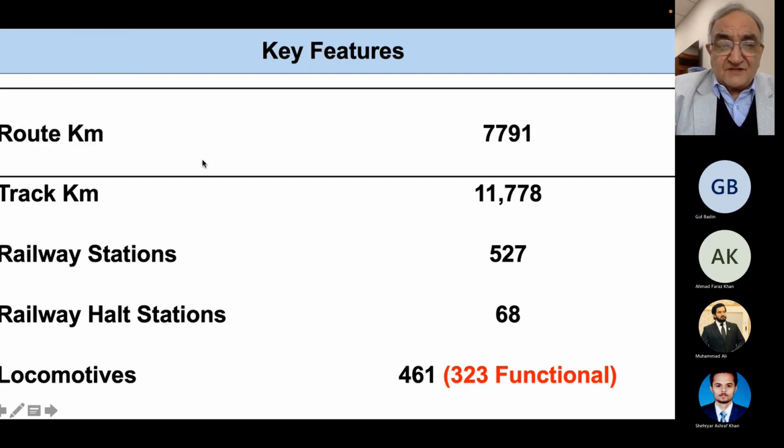But can you tell me, as engineers, you should know what a route kilometer is and what a track kilometer is. What is the difference between this? You can see there is a difference of about 4,000 kilometers. नहीं पता? अच्छा, ट्रैक रूट किलोमीटर्स